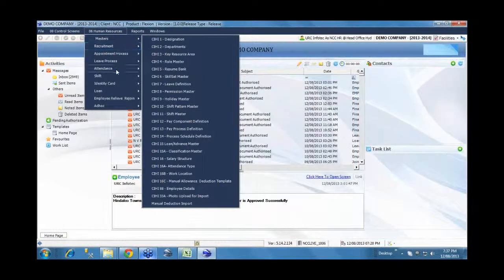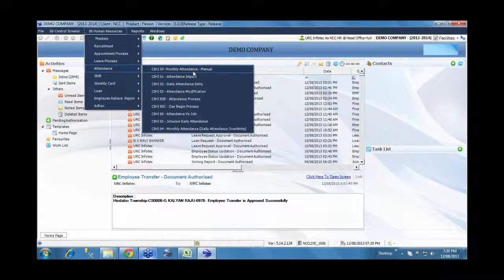The leave aspects we saw already. The next thing is capturing the in time and out time of the employees. Here again, there are various aspects of capturing it.